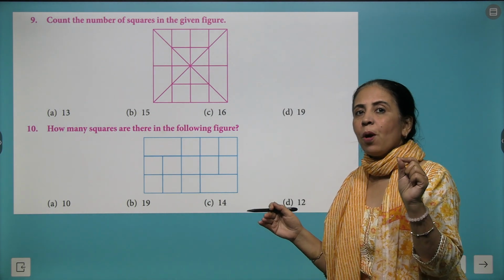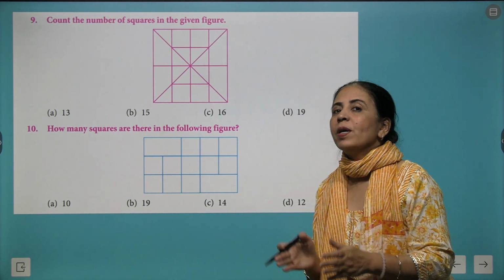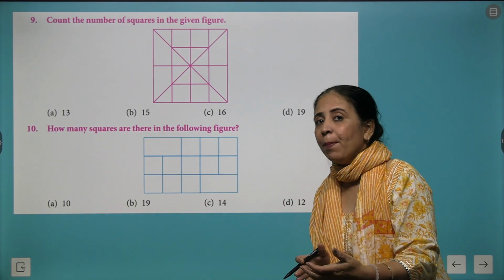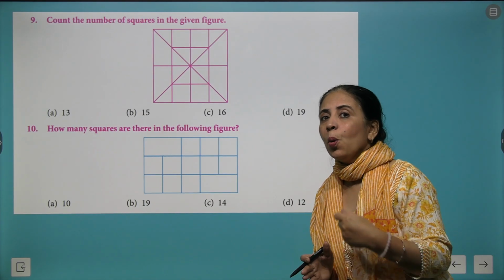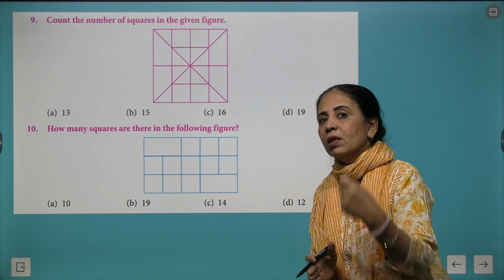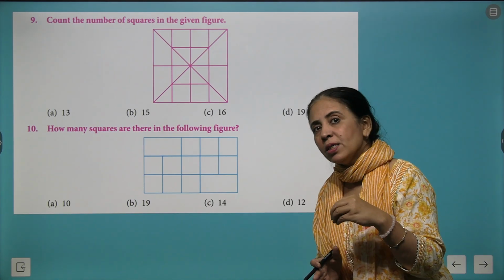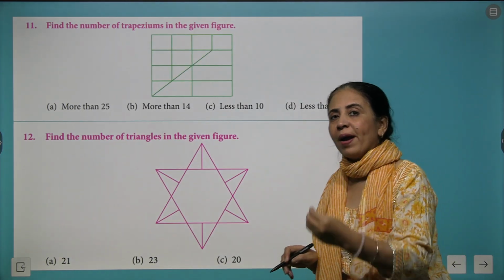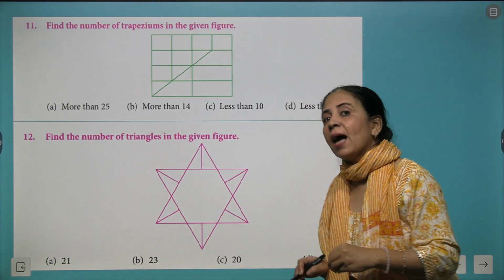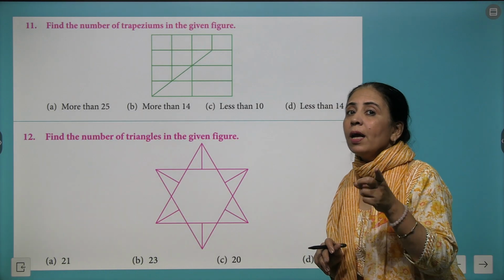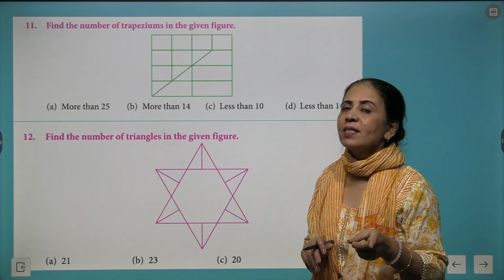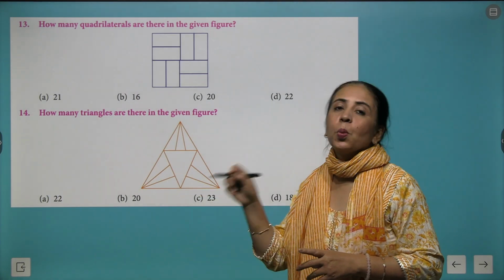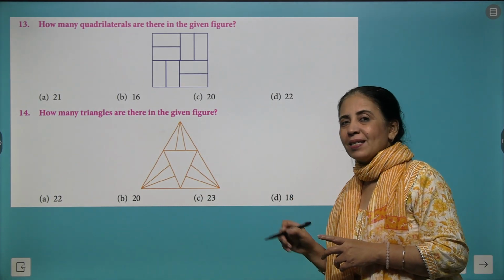Just read the question properly. Put all your concentration on the figure. Certain hidden figures you could imagine and you could find only by focusing on the given image. Looking deeply and visualizing it properly will definitely help you to find the hidden figures inside the given figure, and that's called improving your spatial understanding and enhancing your visual skills. That's what we are going to do in this chapter.